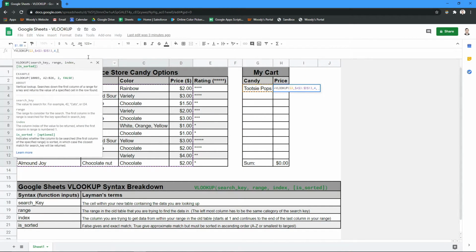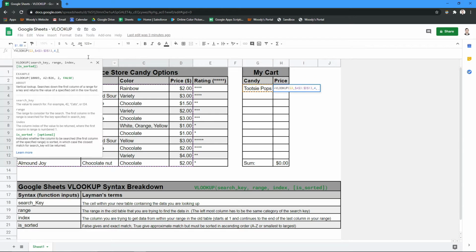Then, now this is sorted. This is very important. Another big thing that a lot of people screw up with VLOOKUP. Now, I believe it's defaultly set for true. So if you do not type anything in there, it'll default as true, which you don't want. You want an exact match the majority of the time. I'm going to say 99.99%. You're going to want an exact match. So you want to type in false here.